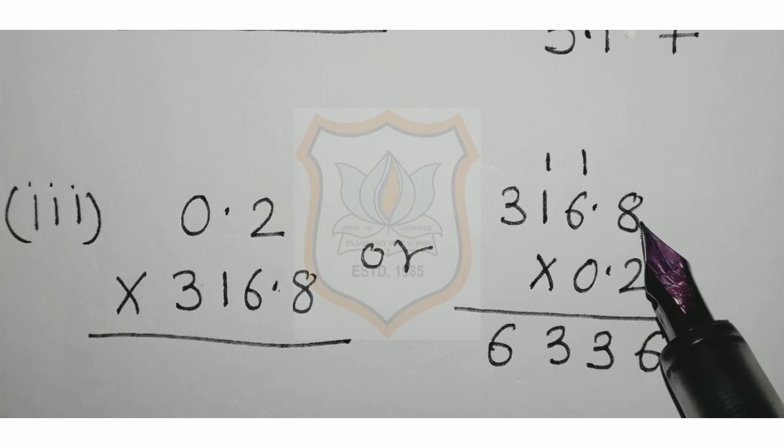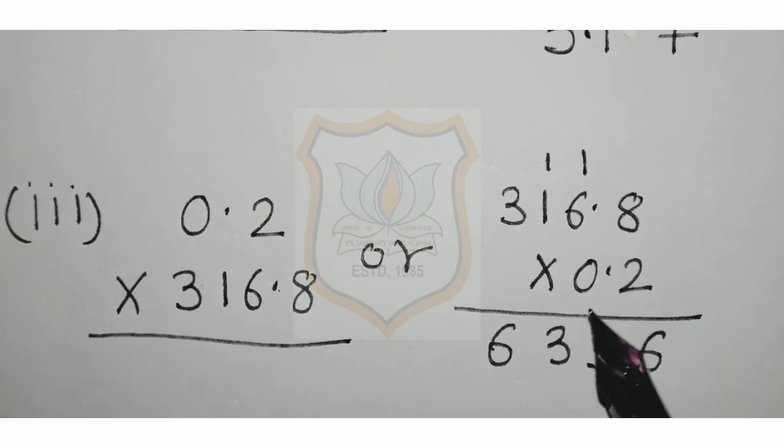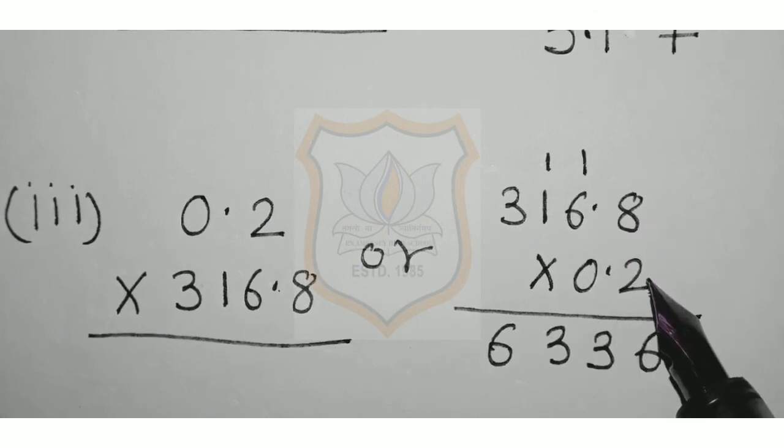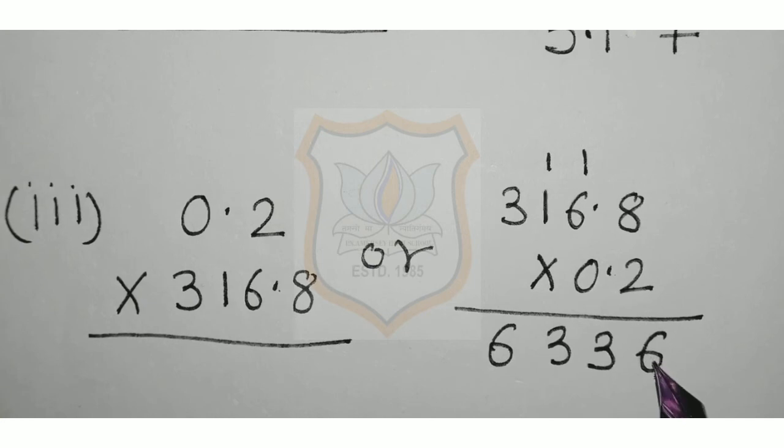Now in 316.8, the decimal is after 1 digit, that is after 8, and in 0.2, the decimal is after 1 digit, that is after 2. So in 6336, the decimal will come after 2 digits starting from 6 and 3, and it will come over here. So our answer will be